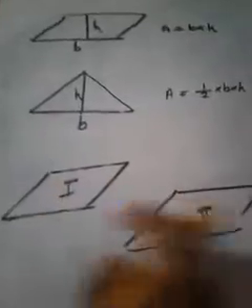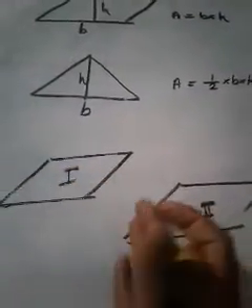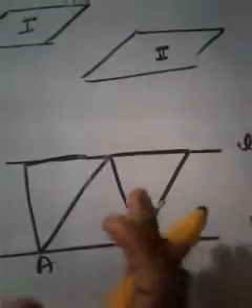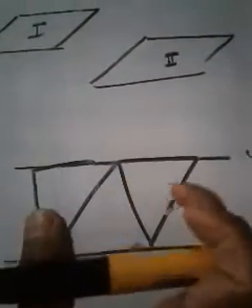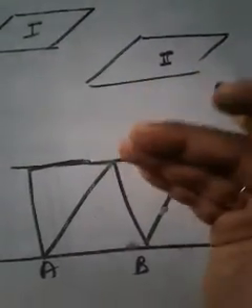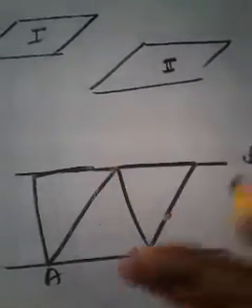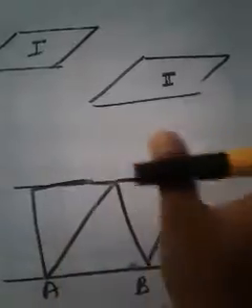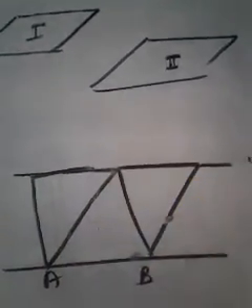If you consider any two parallelograms without any condition, we cannot say their areas are always equal. Their areas are always equal if both parallelograms are on the same base and between the same parallel lines. When I say between the same parallel lines, it means the lower side of the parallelogram should be on the lower parallel line and the upper side should be on the upper parallel line. This is the condition for the areas to be equal.